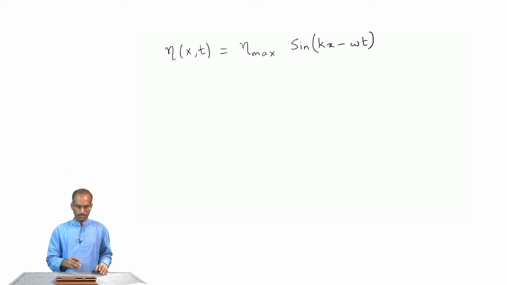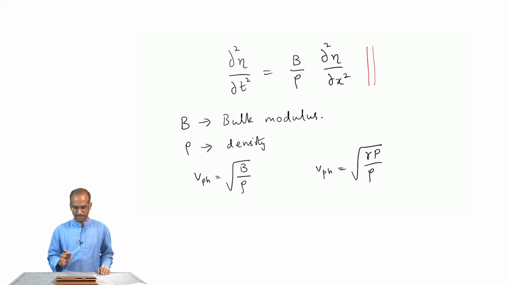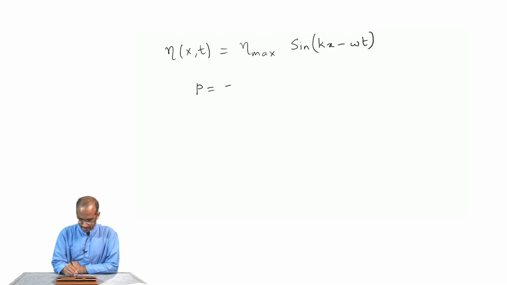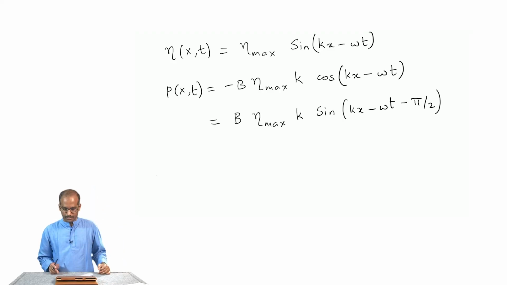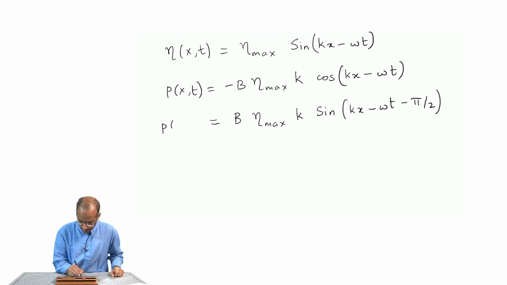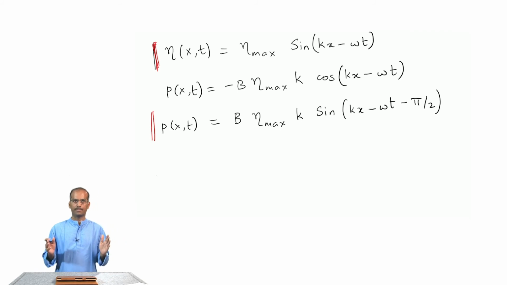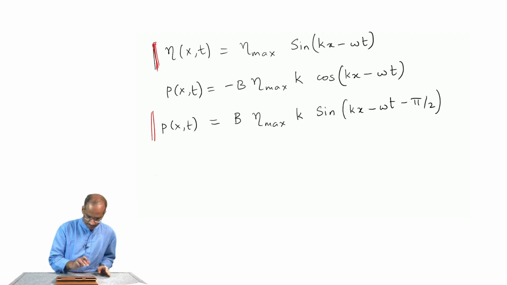So, this is an admissible solution for this wave equation. P would be equal to minus B times dou eta by dou x. So, I can calculate dou eta by dou x from this equation. That is my expression for P. In fact, I should more correctly write this as P, which is a function of position and time. In this case, I would like you to look at both these functions. The displacement and pressure will maintain a phase difference of pi by 2, which is why this negative